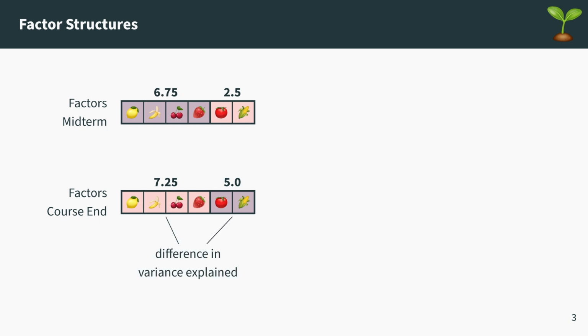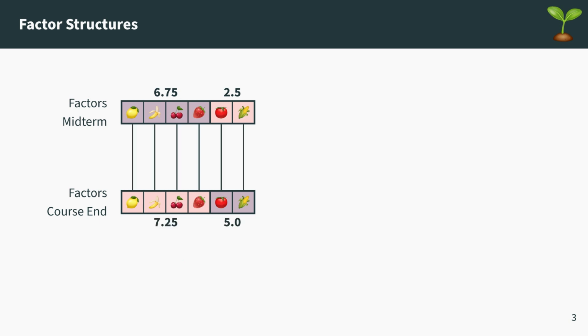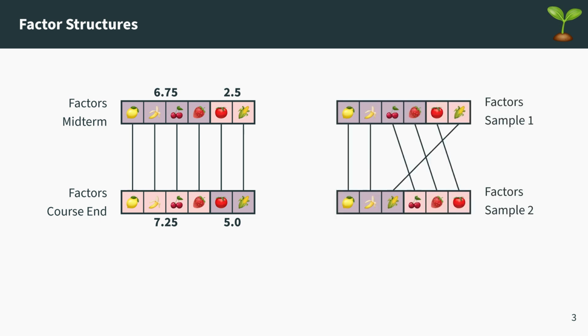You might also see that the variance explained by each factor changed, as depicted by the different colors. But as long as all item groupings are still stable, your factors work as desired. However, this might not be the case when considering a different population. If you repeat the process with a second sample, you might get a different factor structure, because other items turn out to be correlated, as shown by the crossing lines. In this case, your factor variables found in sample 1 would have little informative value for sample 2, and comparing them across the samples would make no sense.